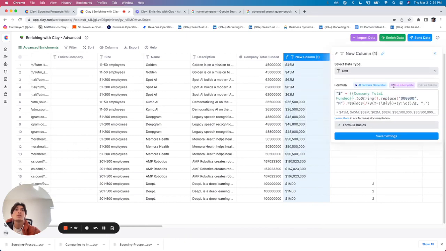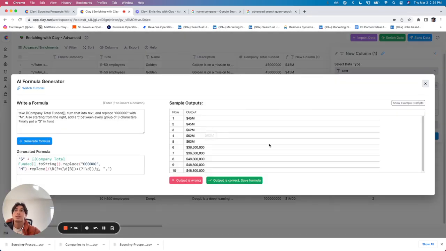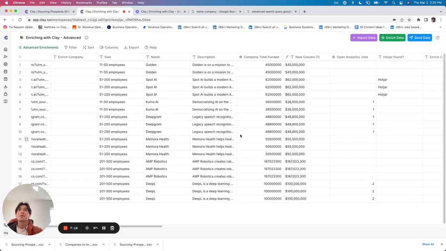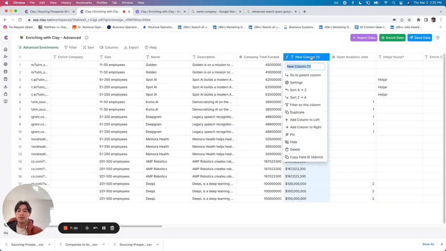So, you know what? Let's start fresh. This is, I think, a cool example, but I'm going to make an example that I think is going to be a little bit better. All right. Way simpler. All I'm saying here is turn company total fund amount into USD. That is really all I needed to do. Output is correct, save formula. And now we've got reformatted